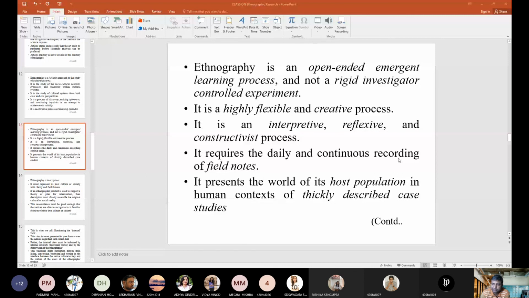Anybody else? Anything? Padmini madam? Hello. Hello. Sir, good morning. Good morning. Madam, okay. You joined the, okay. So